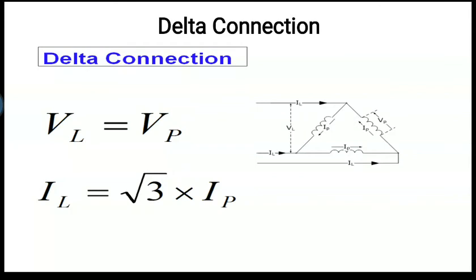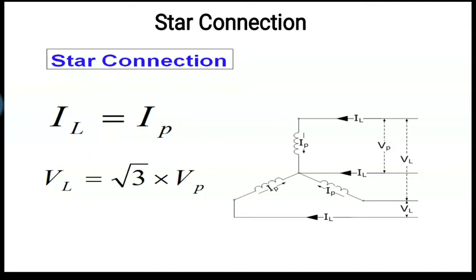Again it is similar. The current coming from the supply, you can see that line, is a line current, and when it is passing through the phase, it is a phase current. The current which is coming from the line is the same current going to the phase. So that is why line current is equal to phase current here. In the star connection, IL is equal to IPH.